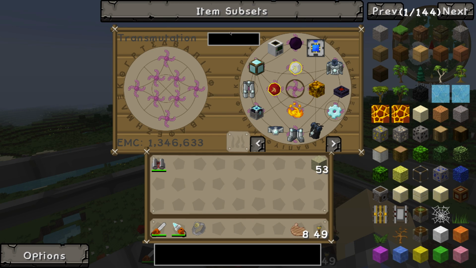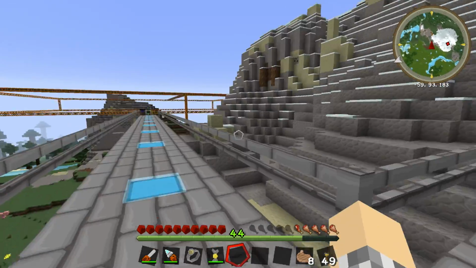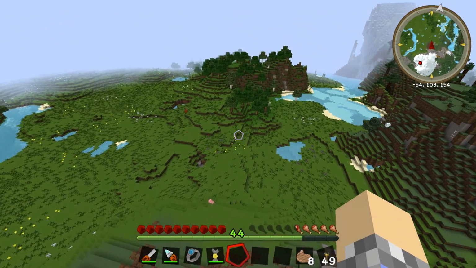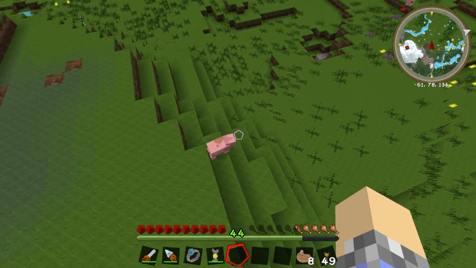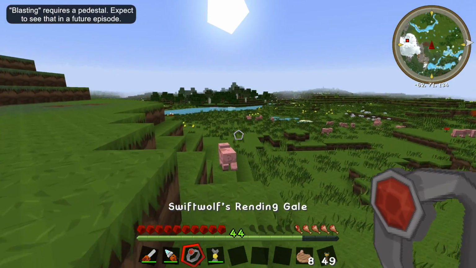Your best option is going to be to get a Klein Star, which I just passed up. Fill it with some EMC, and it'll use that as sort of a mobile battery. Then we just double tap, and look at that. You're pretty much flying creative style. I'll show you something else it can do. Now, it's said that we could use it to blast enemies, but I'm not sure how to do that. What I do know is if we right-click...